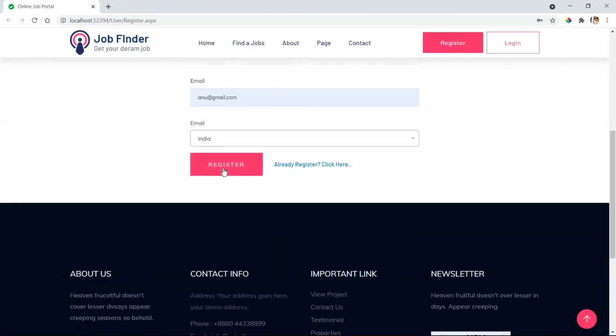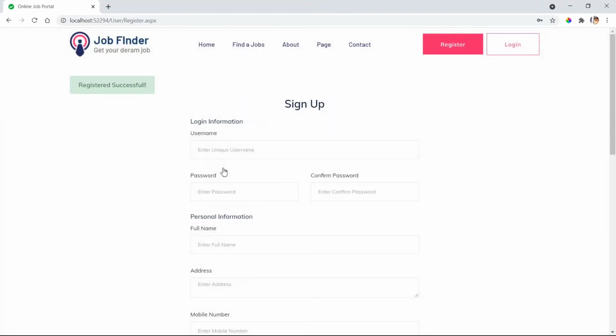Registered. So the user has been registered successfully.